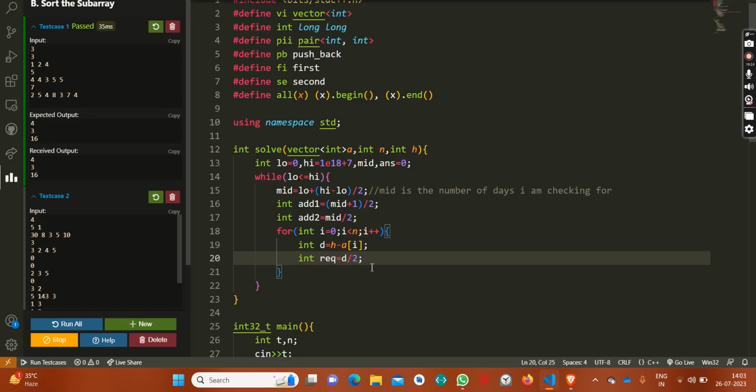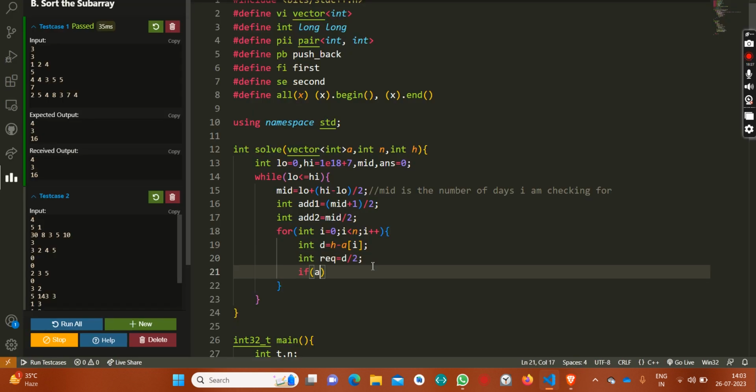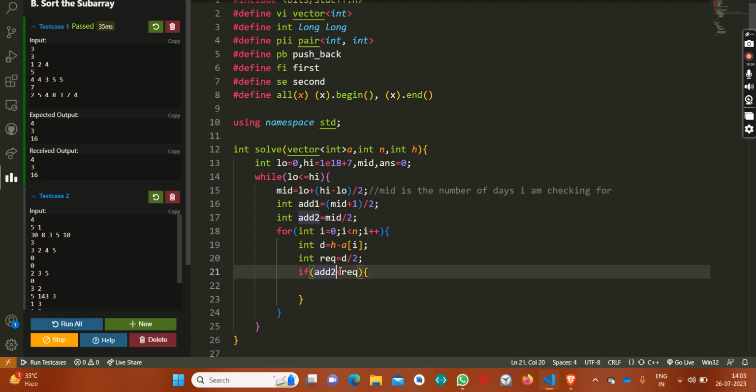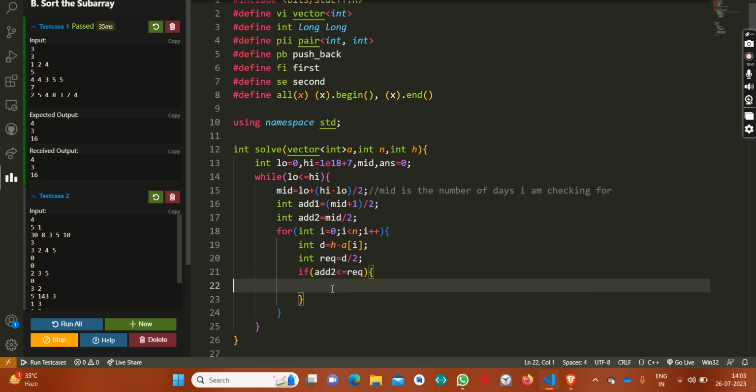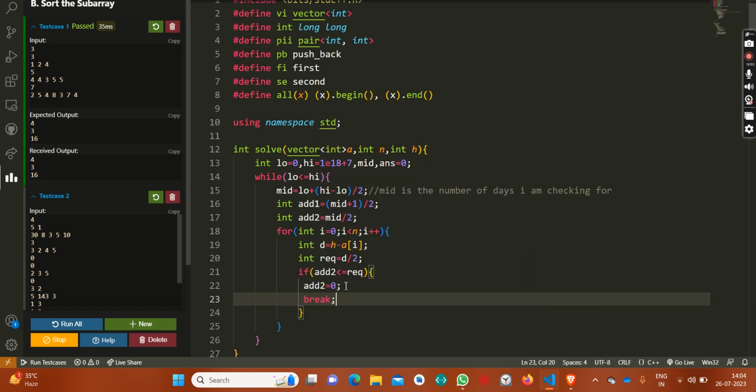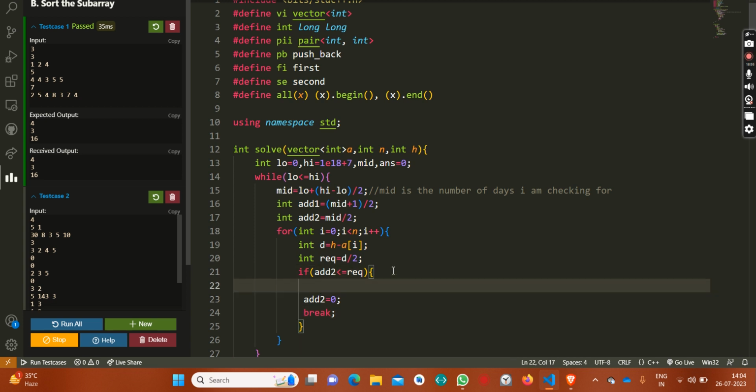Okay, so now if add 2 is less than the required value, it means we either have the same number as required or less than that. So in that case, add 2 would become 0, and it doesn't make sense to move further because I can't perform the operation of type 2 further. Okay, break, and before that I will just have to do a[i] plus equals to